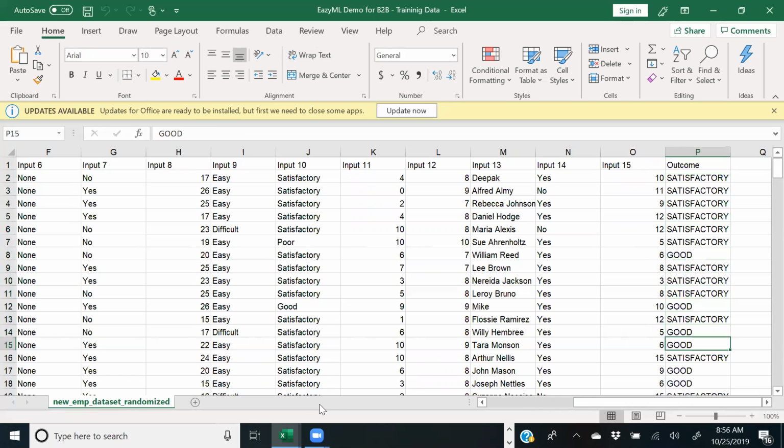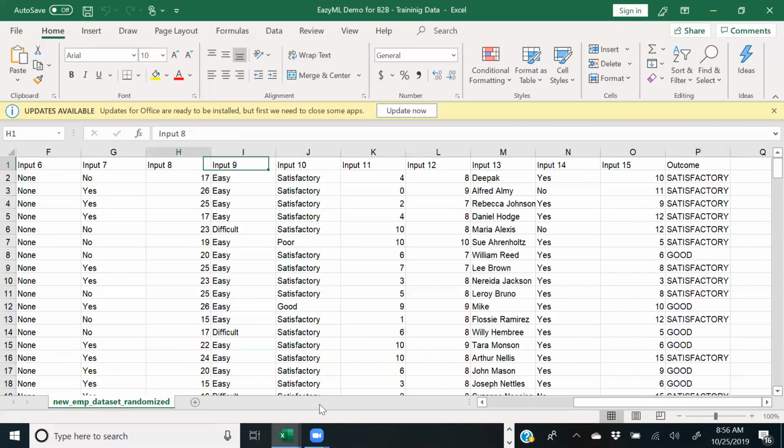As you scroll down, you see you have populated the values that you think the outcome should be. The machine will obviously use this to understand how you predict and then become smart enough to replicate you for future predictions. You wouldn't have to struggle through 300 rows and fill in the values yourself. Automation, right?